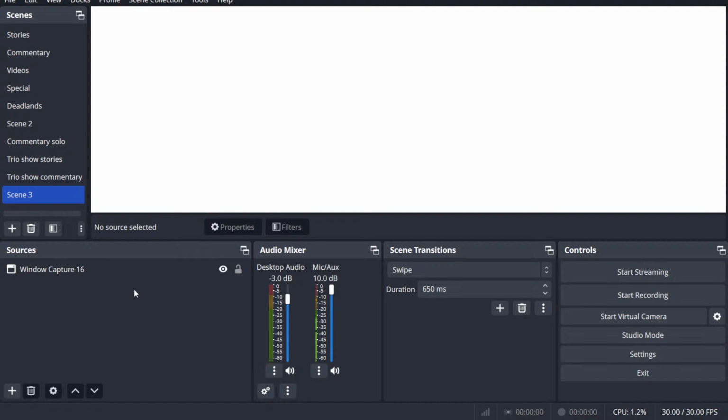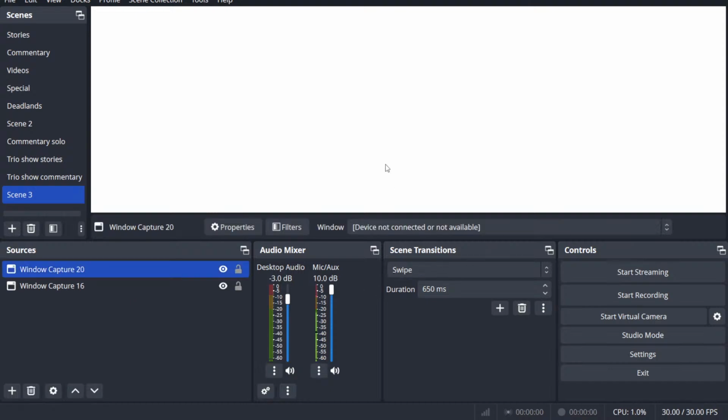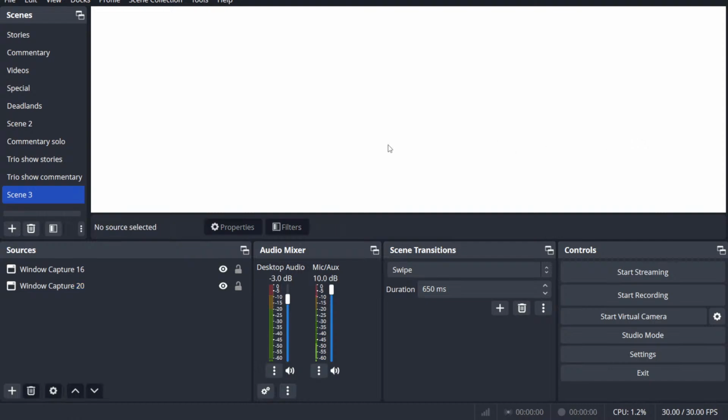Window capture can be used to capture anything that is a website, it's essentially anything but a game. And so there's window, there's Brave, and then I just put it down below. And there you have it. So there's your video stream, and there is your window capture.